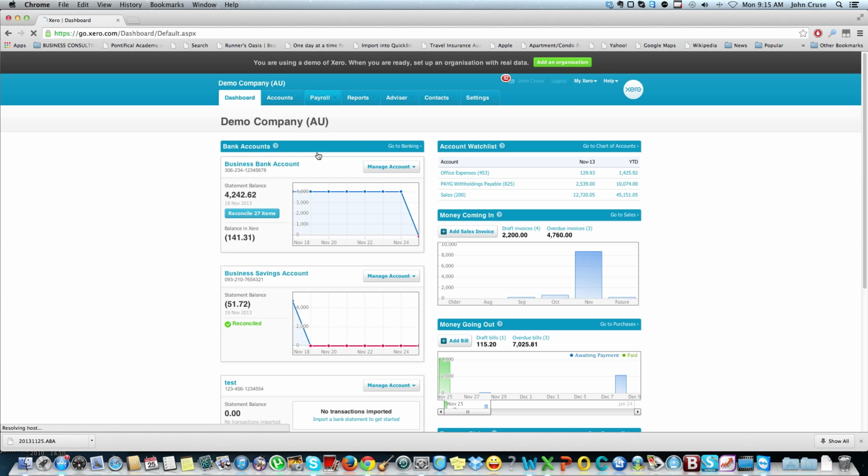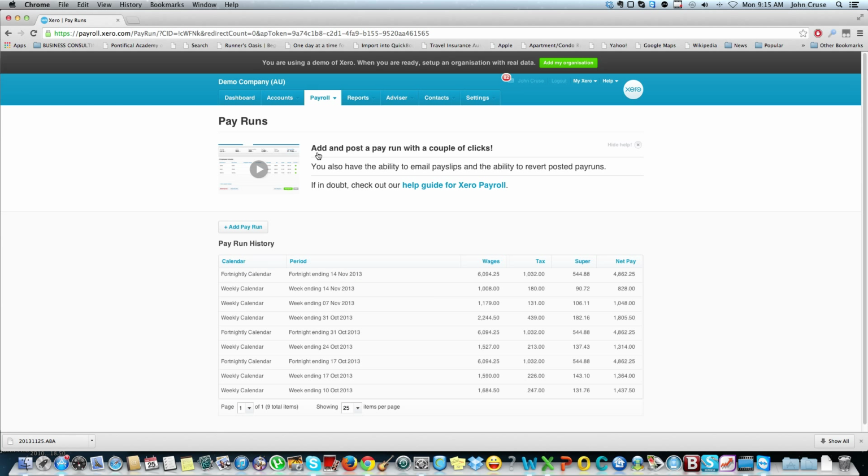a pay run. So this is what you do at the end of each week or fortnight or month, depending on how you've got your system set up, and it might be doing it in each of those runs. So pay runs can be done over a number of different pay cycles. So as you can see here, we've got some people on fortnightly cycles and some people on weekly cycles. So I'm just going to add a pay run,